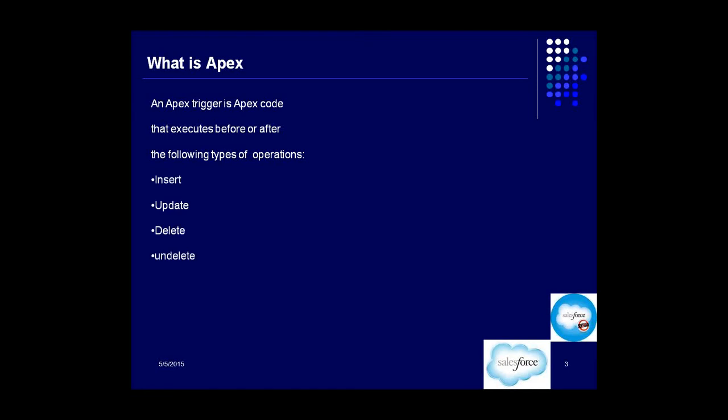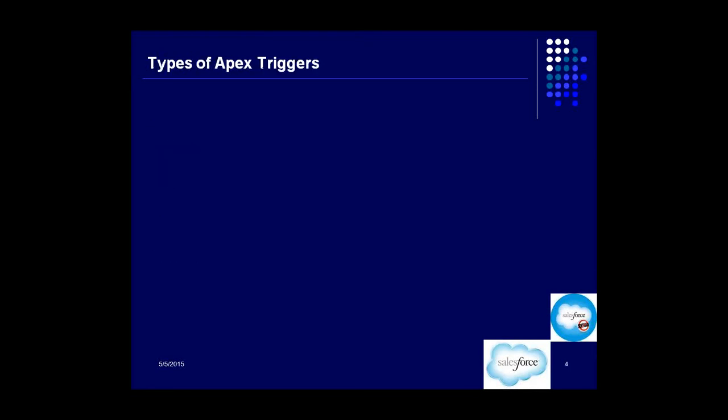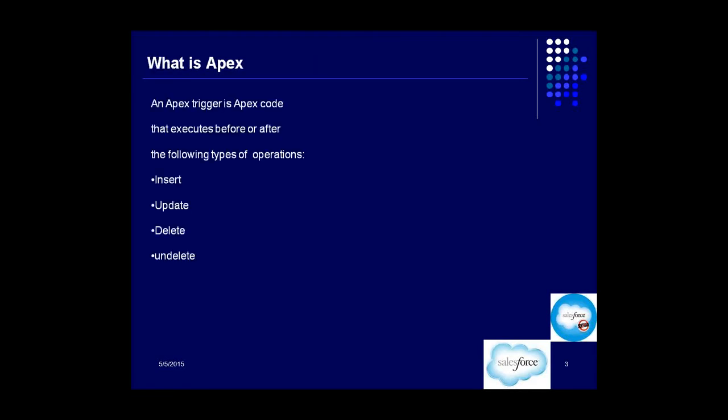Okay, so if you feel that I don't want my Apex code to get executed through a user interface, I don't want someone to click on a button and then execute the code. So one way which you can think of for executing your code is at the time of DML operations, before a DML operation happens or after a DML operation happens. It can be before insert or after insert or before update or after update, that sort of thing. Fine. So that is what an Apex trigger is. So this is the code that executes before or after insert, update, delete, and undelete. All right. Okay. So that's what Apex trigger is.